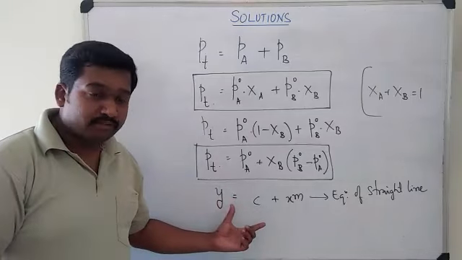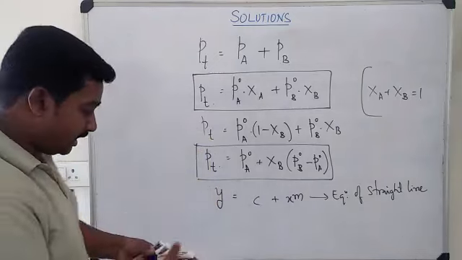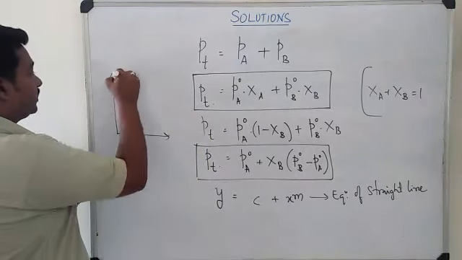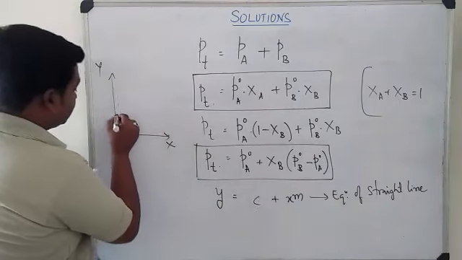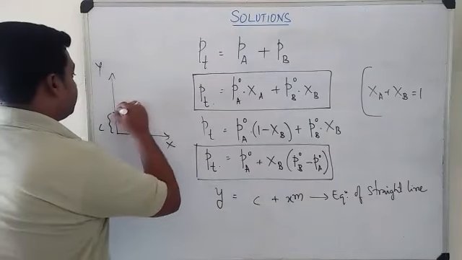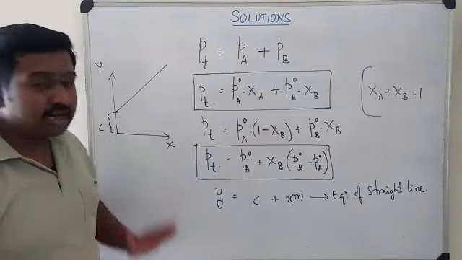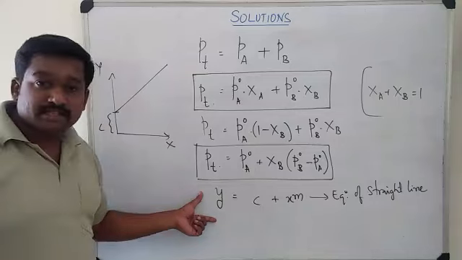Using this concept, if you remember the graphical representations, I'll show you. Y equal to mx plus c can be drawn like this. There is a y-axis, there is x-axis, and of course there is an intercept c. Let us say this is the intercept c and the slope is m. That means it must be a positive slope. So the line must be sloping upward like this. This is the graphical representation of y equal to mx plus c.